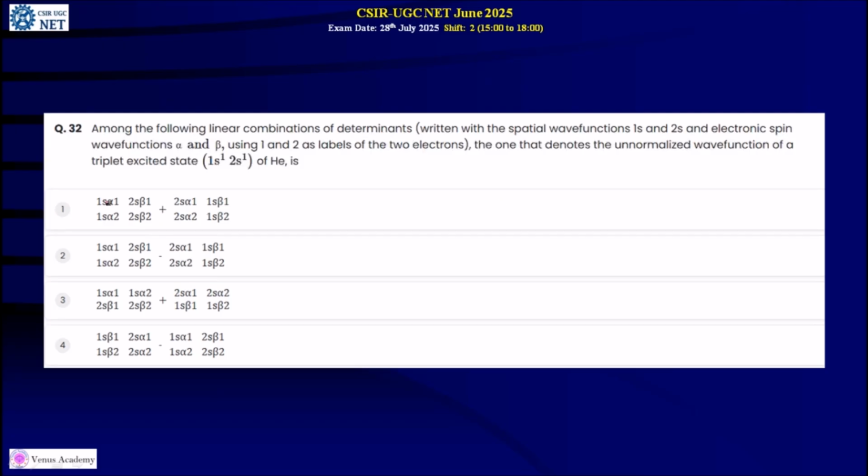Next, question number 32. Among the following linear combinations of determinants written with spatial wave functions 1s and 2s and electronic spin wave functions alpha and beta, using 1 and 2 as labels of the two electrons, the one that denotes the unnormalized wave function of a triplet excited state 1s1 2s1 of helium is, question number 32. Option number 2 is correct option, students. Next,